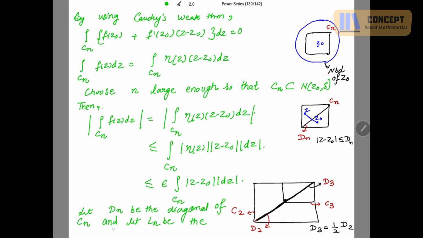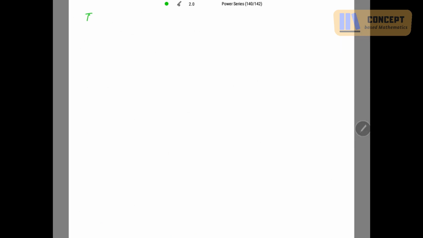Then the distance between z and z0 is less than or equal to dn for all z in Cn. All z present in Cn have a distance from z0 that is less than or equal to the diagonal. So therefore the mod of the integral over Cn of f z dz is less than or equal to epsilon,